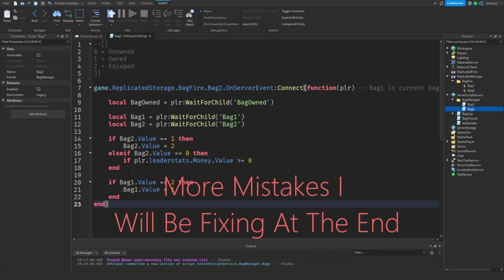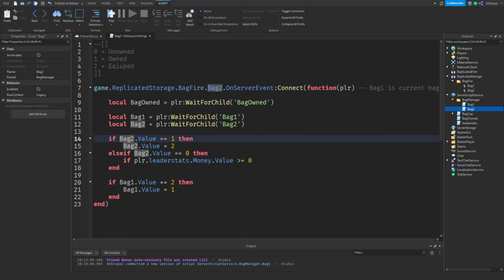So change it. For bag2, you're going to put in bag1. If that was bag3, then leave bag2, but change bag2 as bag3. I don't know if you kind of get it, but if you need help, just do it on